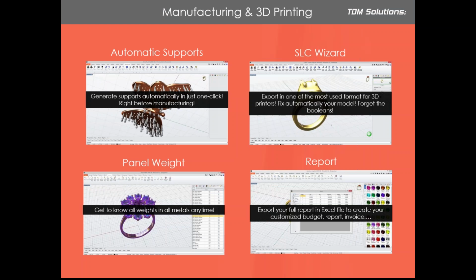Sorry, I'm talking too fast, but I prefer Pedro show all the commands. Okay, then of course the modeling is important. The marketing and the communication is also important, and of course the manufacturing and the 3D printing is important. Okay,